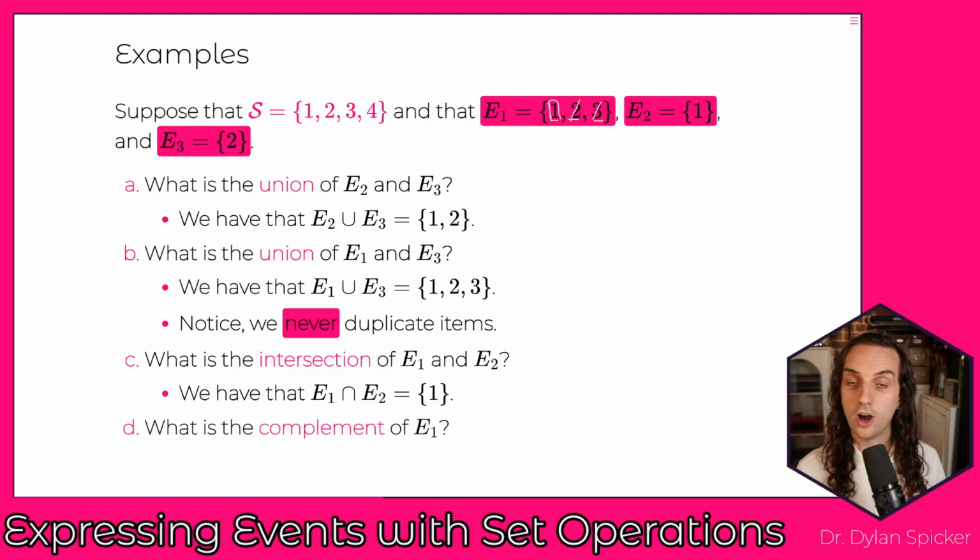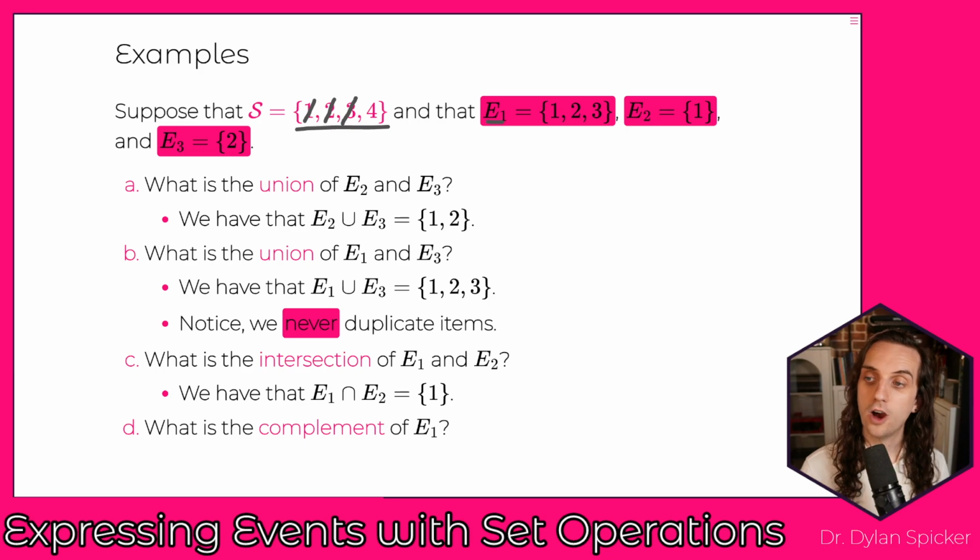Okay. What's the complement of E1? Now with the complement, remember what we're doing is we're going over to our full sample space, right? And we're saying, okay, what is in our sample space, but that's not in our set E1? And so we can start with our sample space here, and then we can ask ourselves, is the 1 in E1? And it is. Is the 2 in E1? It is. Is the 3 in E1? It is. And so then the only element that's not in our set E1 is going to be the 4